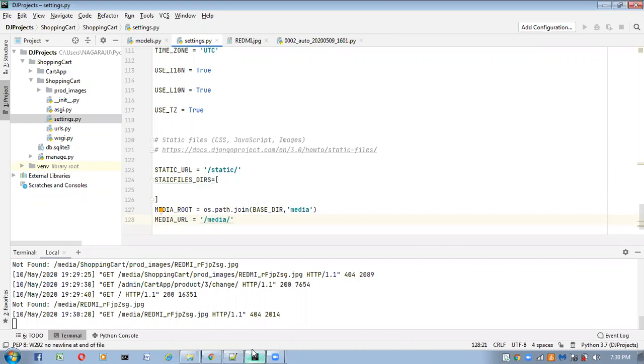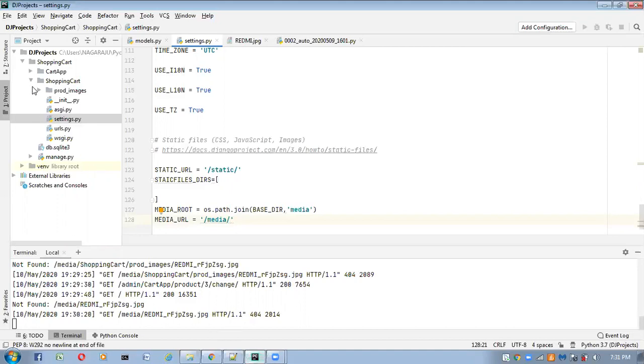Then what do we have to do? To make the Django server serve media files, we have to add a URL pattern inside the urls.py file. Then only can the Django server serve the files. What URL pattern do we have to add inside the urls.py file?